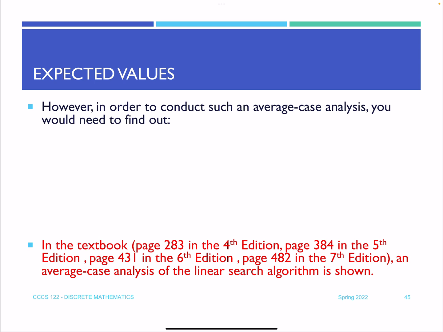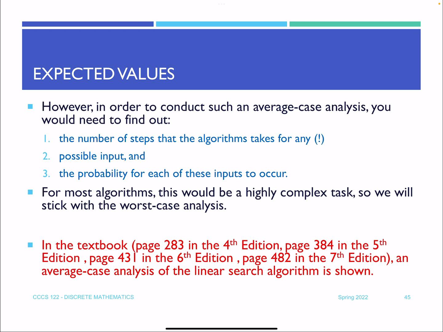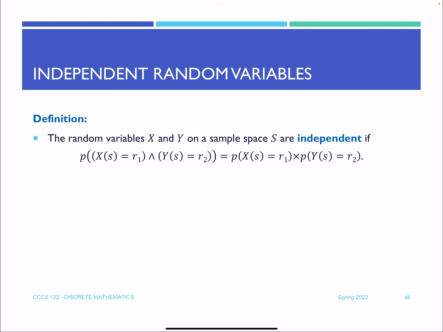However, in order to conduct an average case analysis, you would need to find out the number of steps that the algorithm takes for any possible input and the probability for each of these inputs to occur. For most algorithms, this would be a very complex task. So we usually just stick to worst case analysis. Okay,